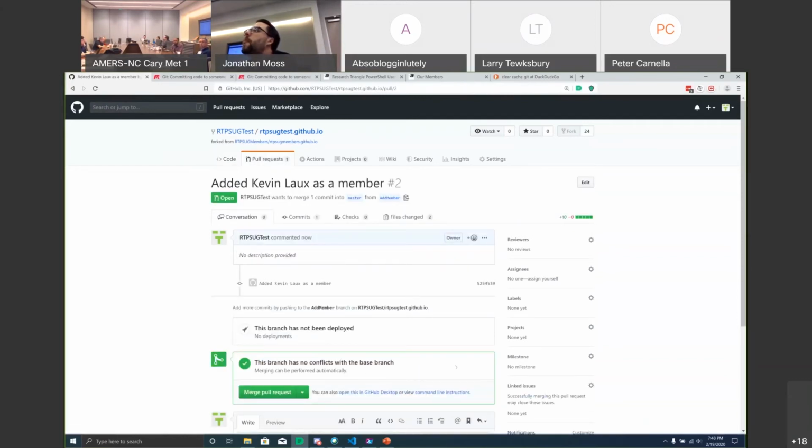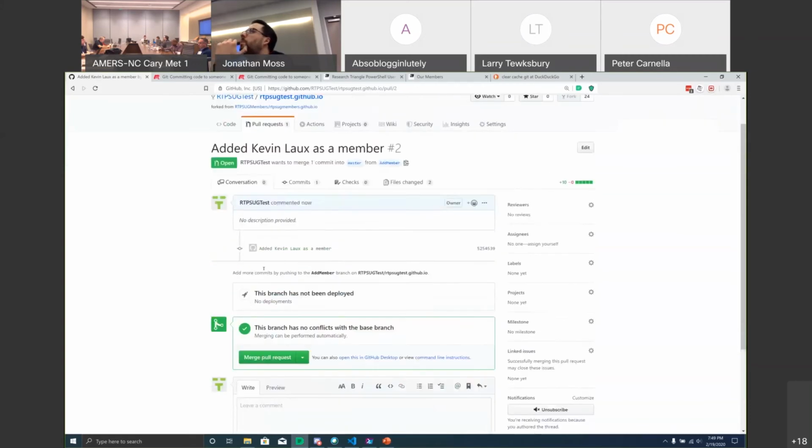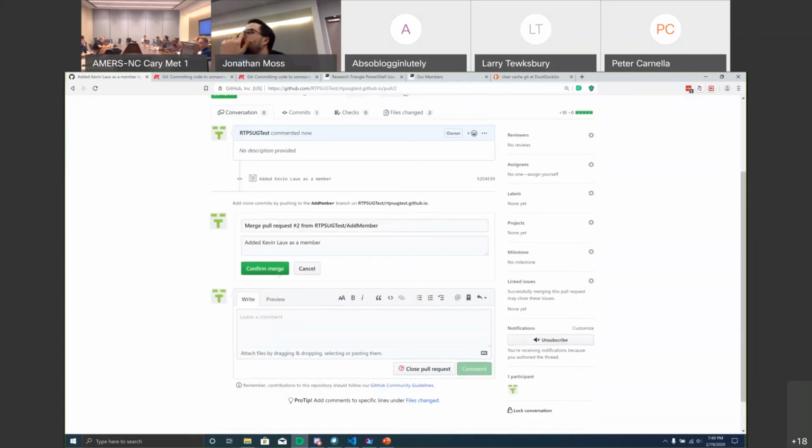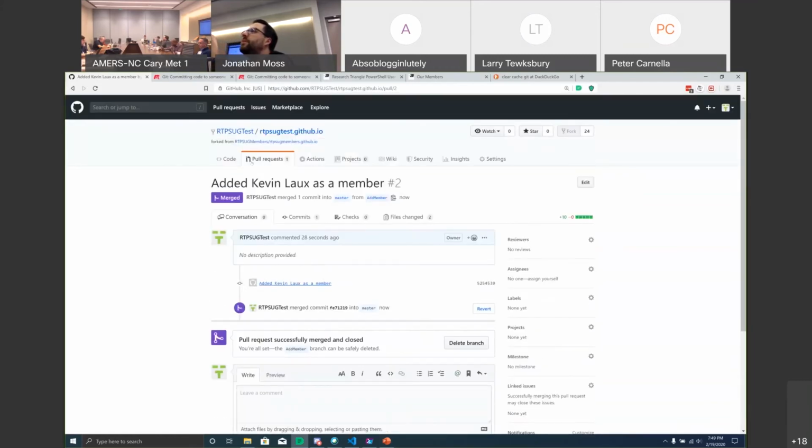And what Phil showed us a little bit ago is he was looking from the RTPSUG member site. He was accepting pull requests and merging them. We're not going to do that on our repository because we own it. So we're the ones who are approving the pull requests and merging. So I'm going to come in here. I'm going to go ahead and merge and confirm the merge. And what we should see, if I go back to code,